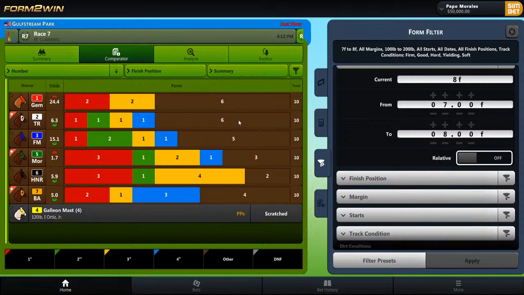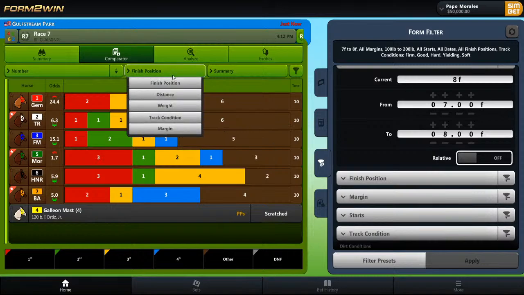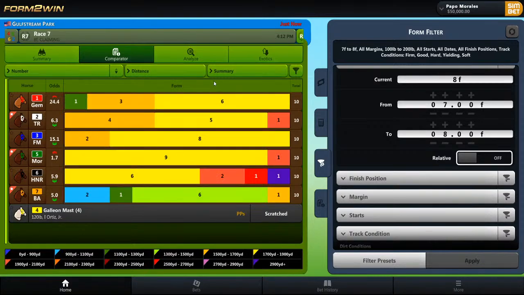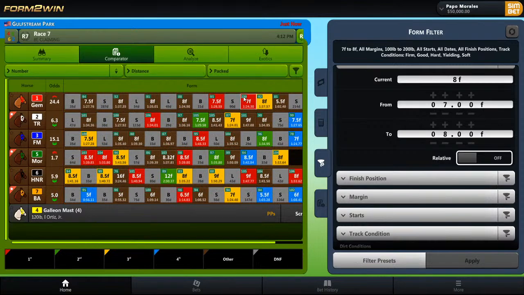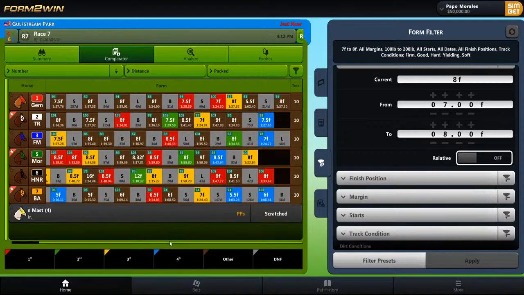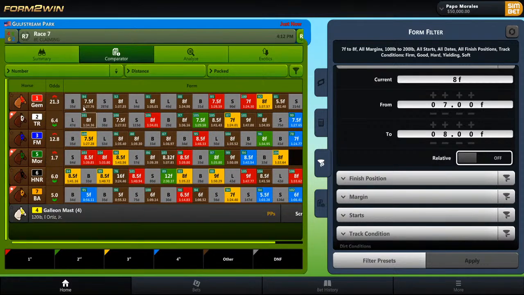I mean, that's a decent way of summarizing things, but I think a better way of doing it is to sort it by distance. And then the key here is to click down on this summary box and click packed. And what this enables you to see is all the horses' starts packed on one screen, from their most recent start on the left-hand side all the way back. So it looks like the 1 horse, he was off the board in a race a little over